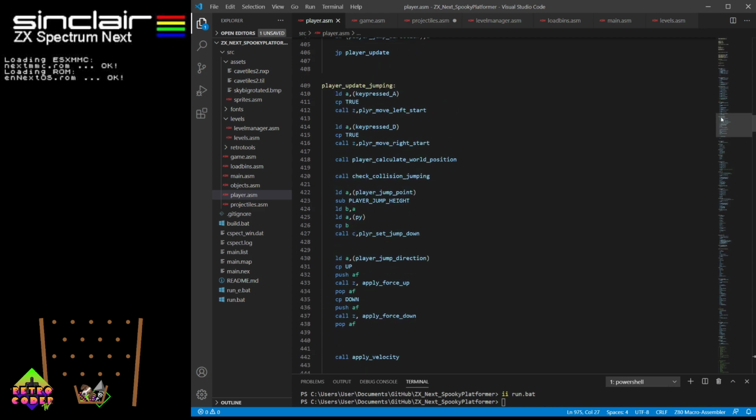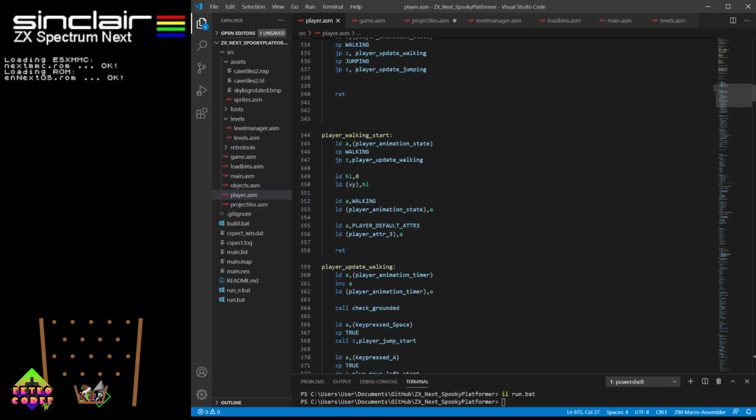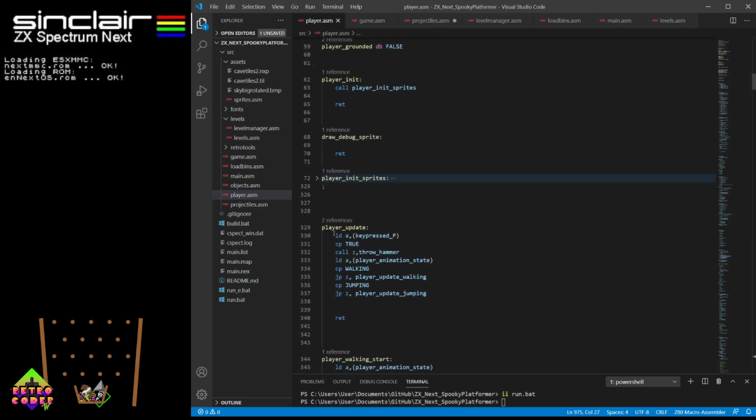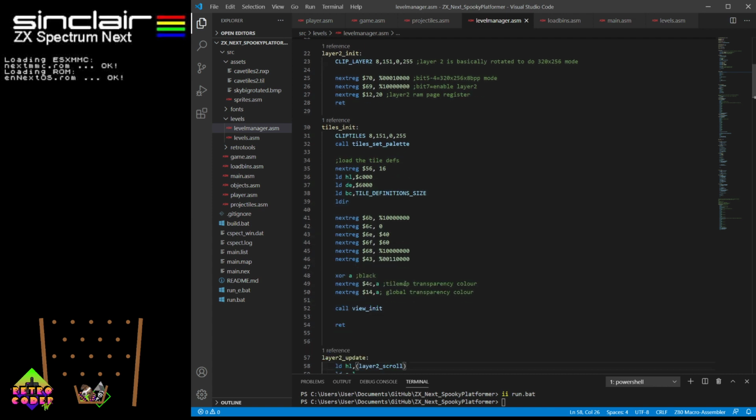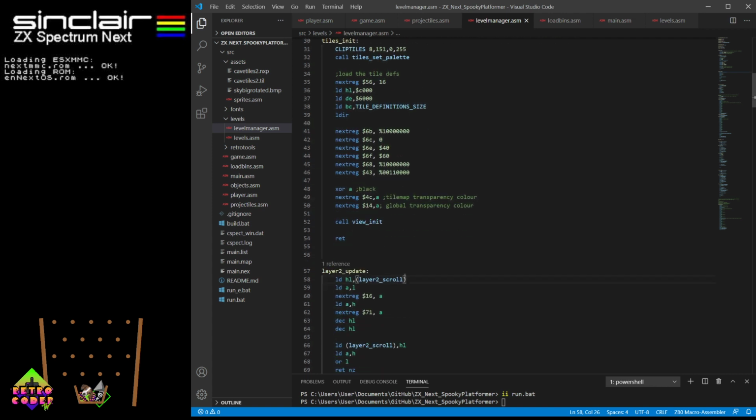There's also an update loop of the player. I just check a key press here for P to throw the hammer. Now, even more exciting than that is our bloody vein of our life scroll routine. And I cannot believe how long this took me to fix, because I came to it this afternoon with a fresh mind,